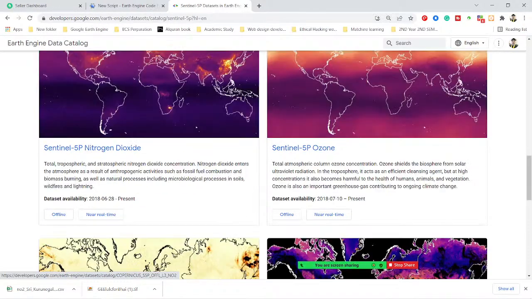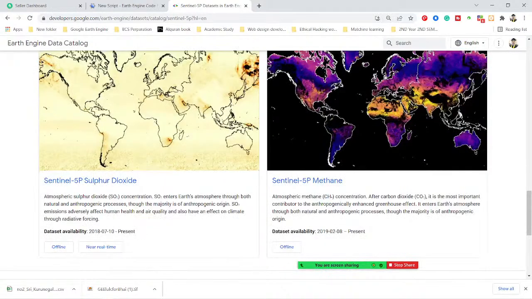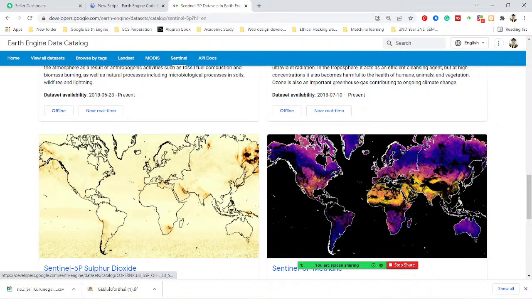This is another dataset for nitrogen dioxide, then ozone, then methane and sulfur dioxide. Mainly we use this dataset and make different types of analysis. If you want, you can make a time series analysis. You can also calculate how much nitrogen dioxide or methane